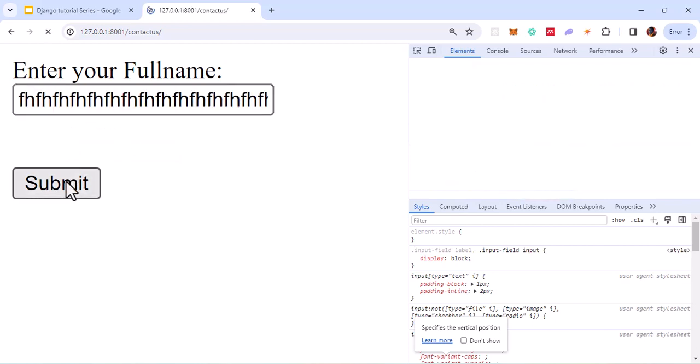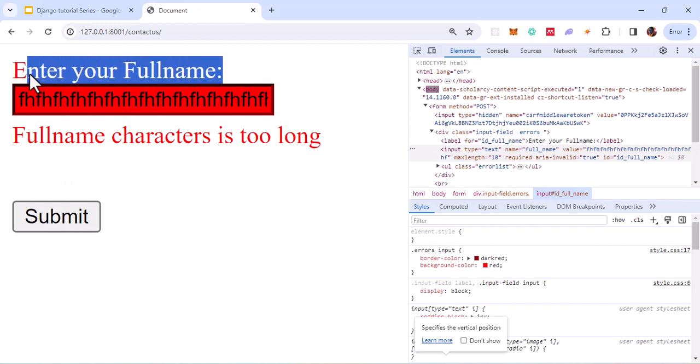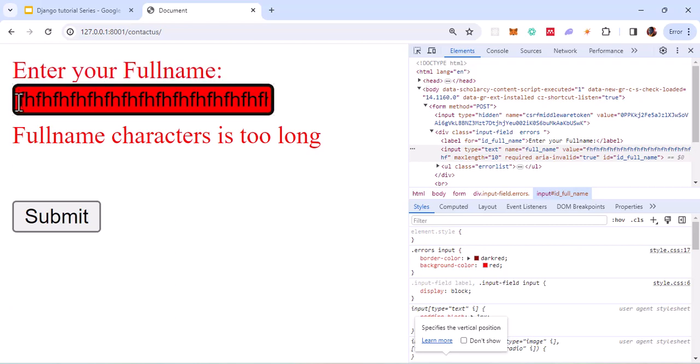If I submit again, because of that class we have added, you can see that the label is red, just for the user to know that. This might be too much for the user, but for now I believe you get the point. You can attach the style based on your own HTML design or CSS design. So now that we have seen how to display the error using inbuilt Django functionality,